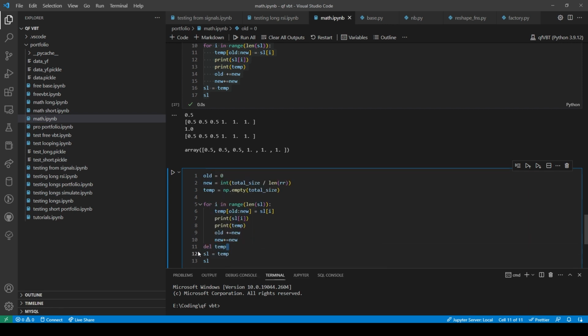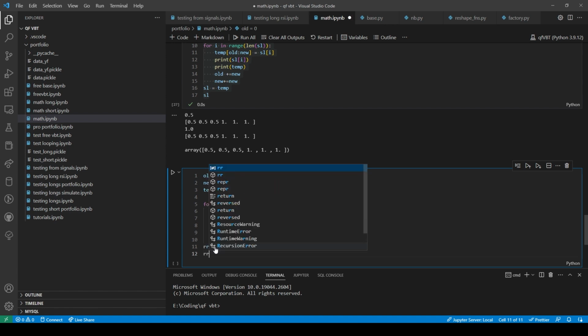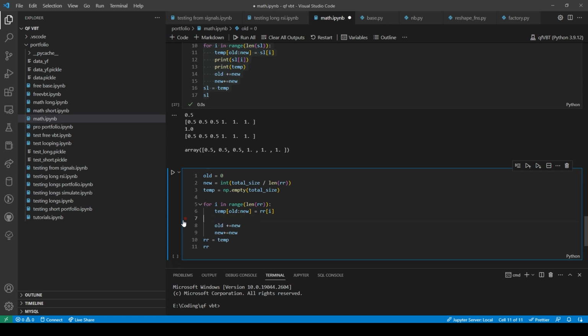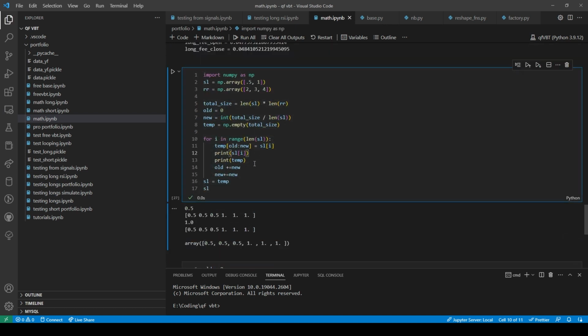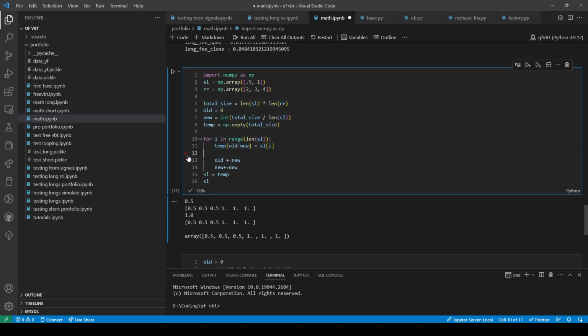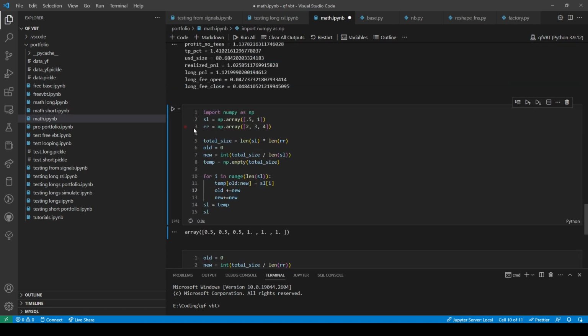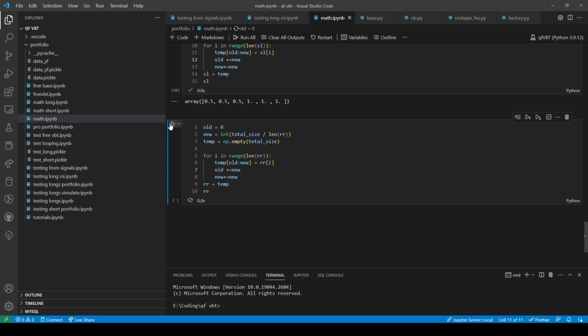Well, we don't need that. And then this would be RR, and this would be RR, and this would be RR. And this, we'd get rid of this. We get rid of this. So we run this, we get that. Then we run this. Ah, shit.